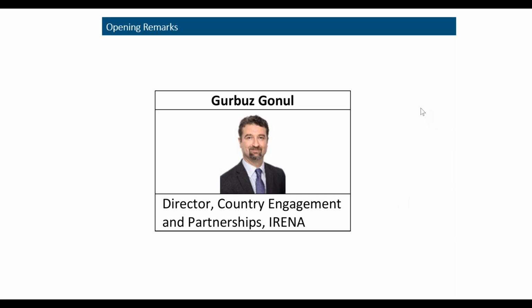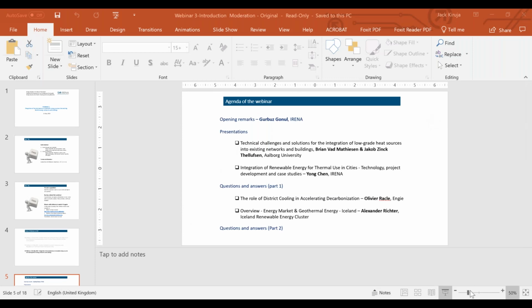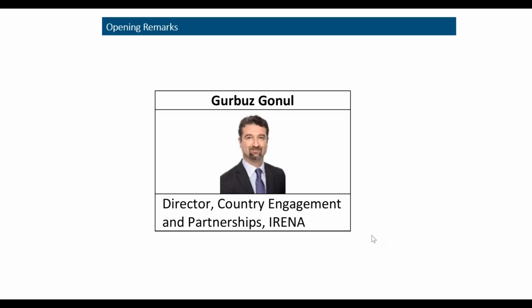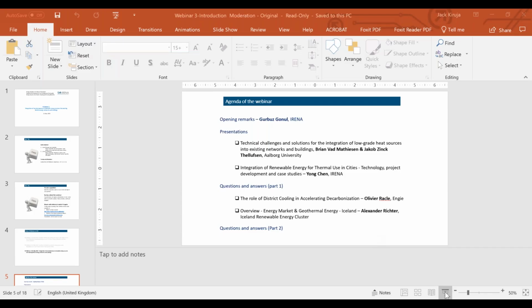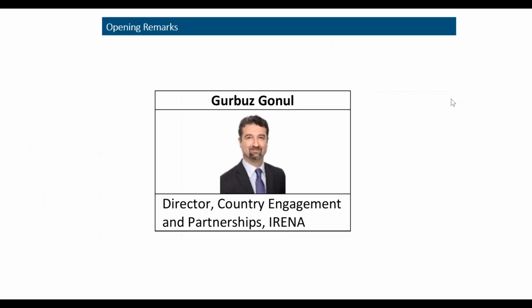And this guidebook will also be the basis for our future capacity building activities, and we will make that guidebook publicly available once it's published. We plan to undertake a series of regional capacity building activities where we see transformative potential for utilizing renewables for heating and cooling in different regions. In fact, the first capacity building event already took place back in December. That was focusing on Southeast Europe, and the event took place in Belgrade, Serbia.